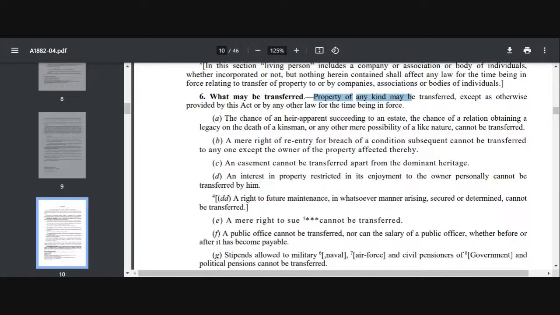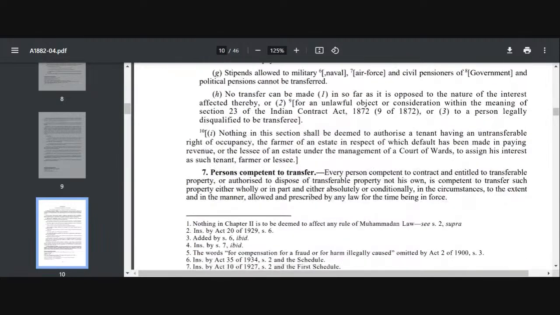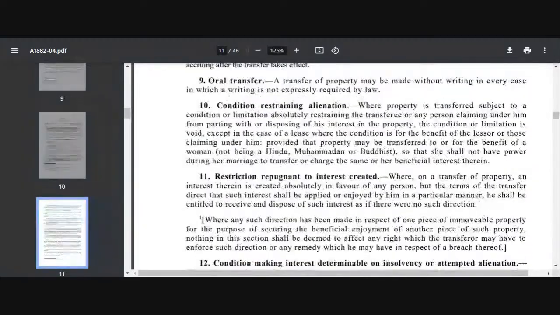सेक्शन 10 पे आ जाते हैं. सेक्शन 10 इज टॉकिंग अबाउट कंडीशन रिस्ट्रेनिंग एलियनेशन, है ना. यहाँ पे हम बात कर रहे हैं अबाउट दोज कंडीशंस, कंडीशनल ट्रांसफर की बात कर रहे हैं. So if you are the owner of a property, you are competent to transfer. You also have the freedom of transferring this property unconditionally, or you can also put conditions to that. So either you transfer the property अनकंडीशनली और यू कैन पुट सर्टेन कंडीशन. तो जहां भी हम कंडीशन ले डाउन करते हैं उसे हम कंडीशनल ट्रांसफर बोलते हैं.